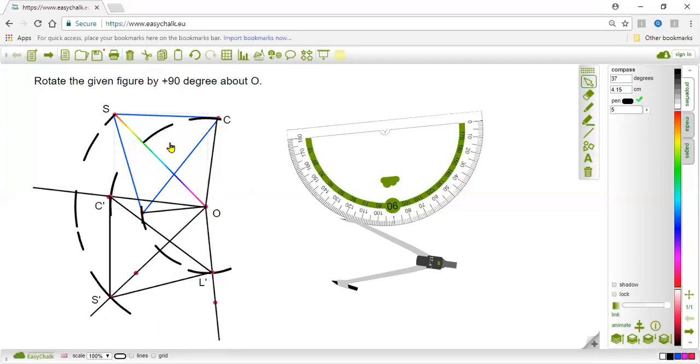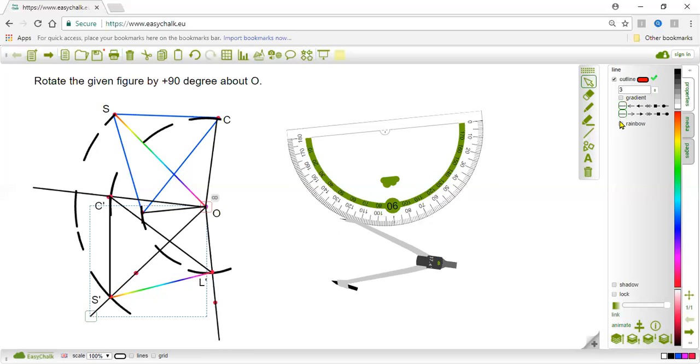And this triangle SLC, where is the L here? The vertex L is hidden due to this arc SLC, and this triangle S prime, L prime, and C prime is just the image triangle. Let me take the next color for the image. Here for the image, let me just use this rainbow color, and similarly for this next.